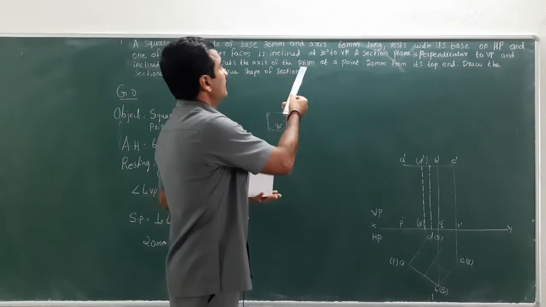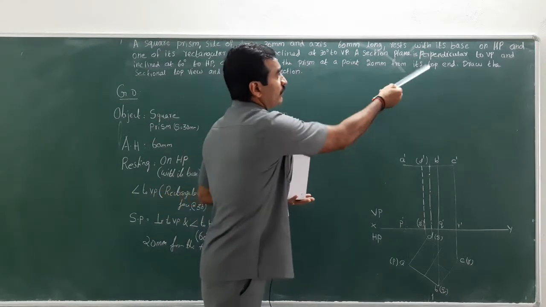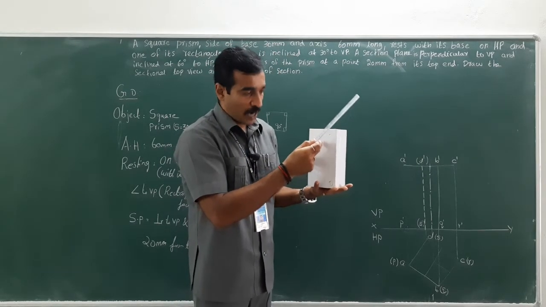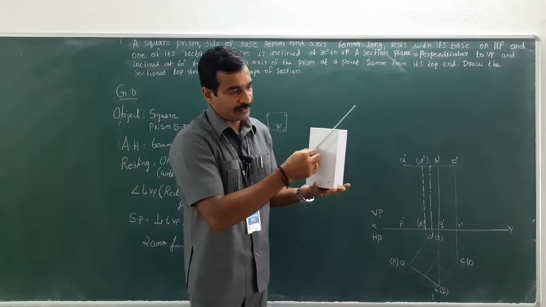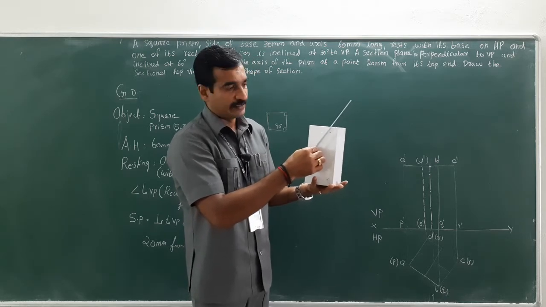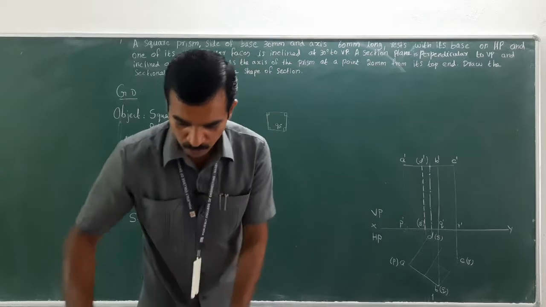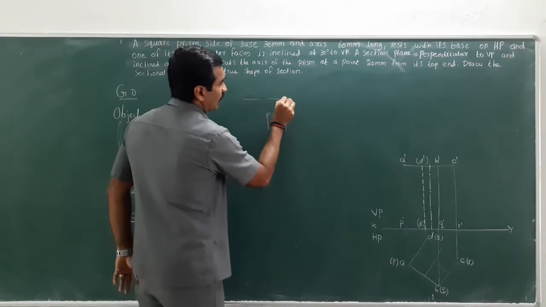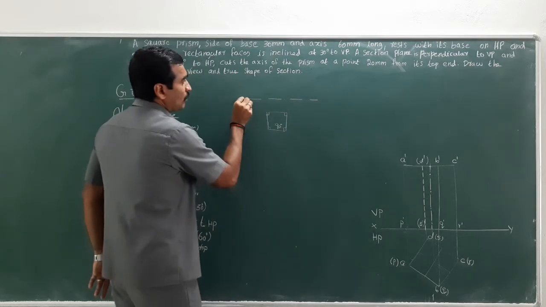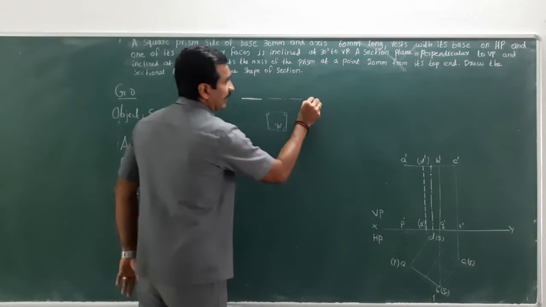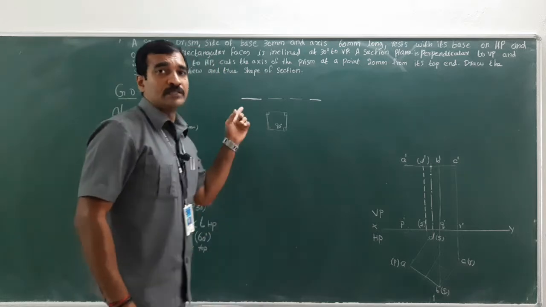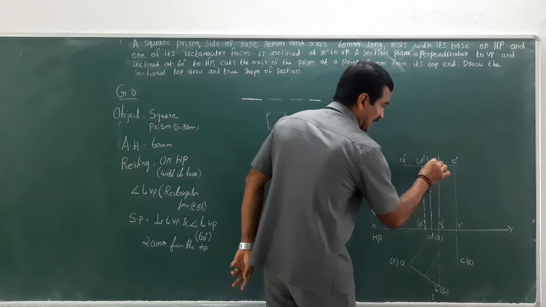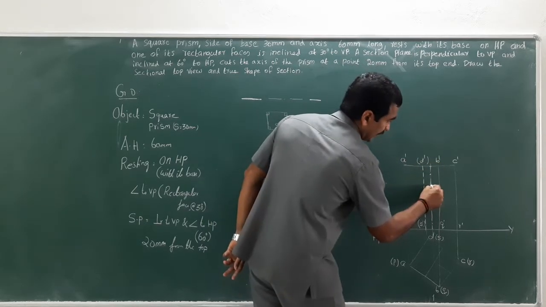Look at here, the axis of the prism 20 mm from the top. So from the top of the face below on the axis, take 20 mm and cut the object in this manner. This is what I am just going to do. And the cutting plane should be represented by long line, dot, long line, dot, long line, and both the ends should be widened. This is how the cutting plane should be represented. Now take 20 mm on the axis from the top, cut and line it.